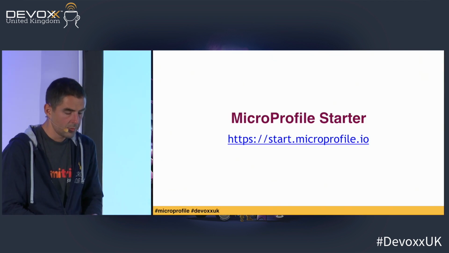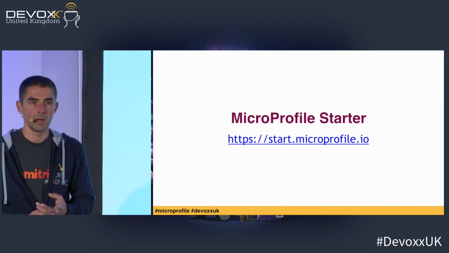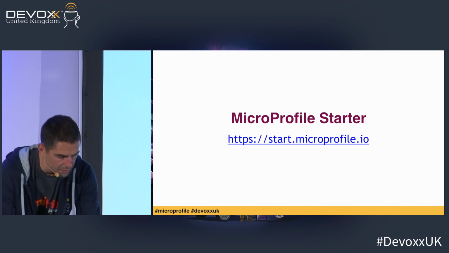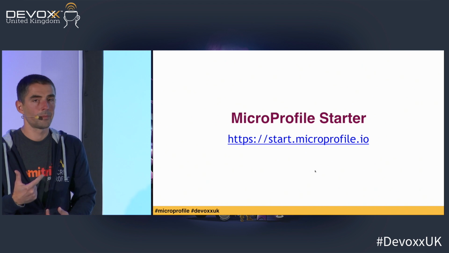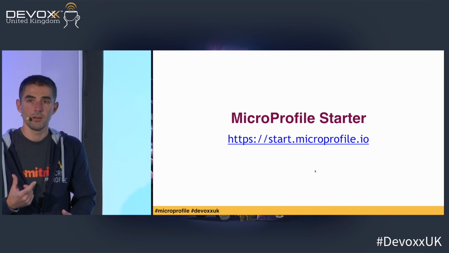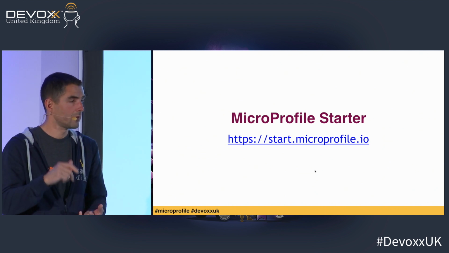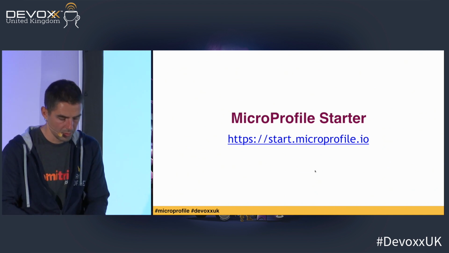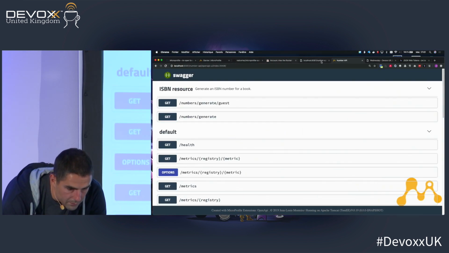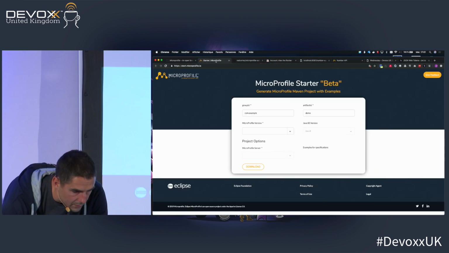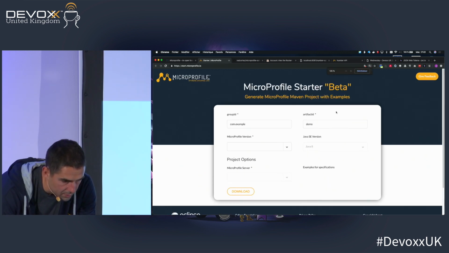So there is one more thing that I wanted to talk about. There is a MicroProfile starter, which is beta currently. So it basically allows you to create a sample project. So you can pick the MicroProfile version you want, then you click on the, I'll actually show you. So there is the MicroProfile starter. You can basically